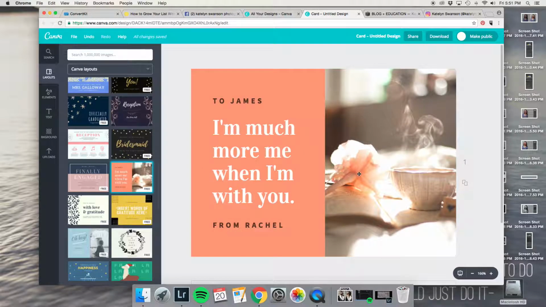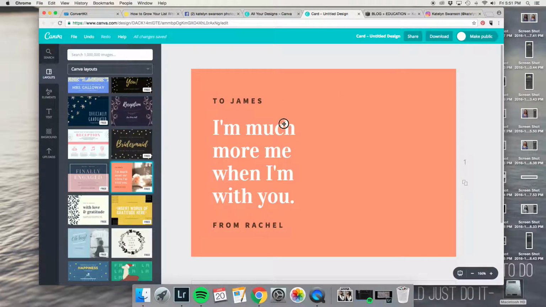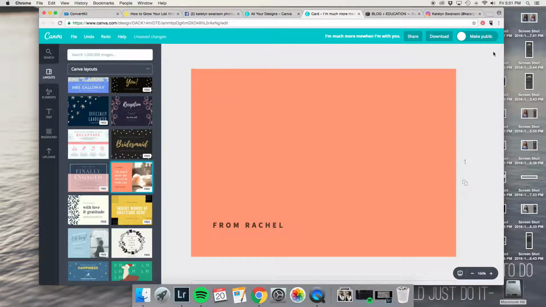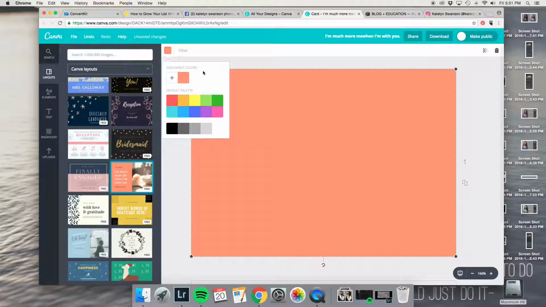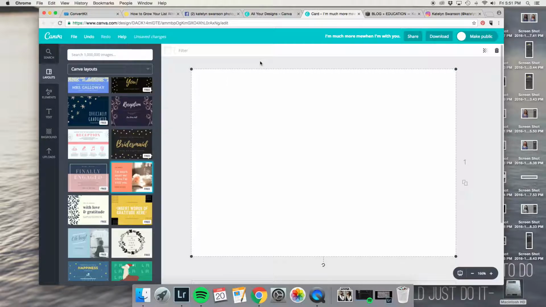And so from here, I will just start kind of deleting things. So I'm going to select this and come up over to the trash can, and I'm going to delete the element, which will also delete the image, and I'll show you what an element is in a minute. So I'm going to take this text, I'm going to delete this text, I'm going to delete this, get rid of all of this. I'm going to even delete this background filler color. I'm going to just fill it with white. We'll say that. Okay, so now that I've got my blank slate here,